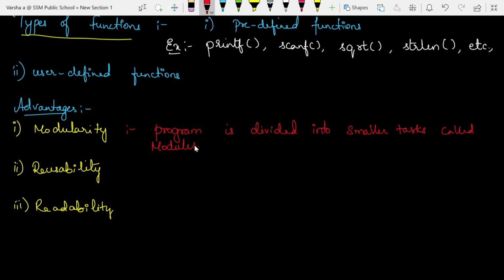So a team is going to develop a particular project. Now if the entire project is done by one single person, it takes a lot of time. So when you divide the task into smaller tasks, into subtasks, then you can assign each task to a different developer. Basically you are creating modules, and these modules will be developed by different people. This is called modularity. So this is going to help you in dividing the program into smaller sections.